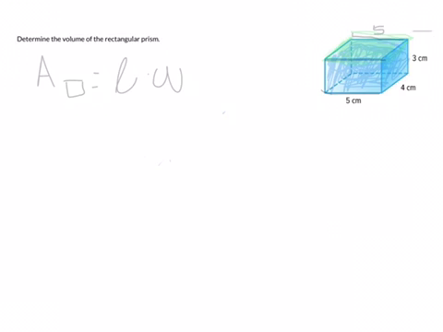And then for the width, it should be 4, because this side right here is 4. So this one has to be 4. Now all I do is plug that in to get the area. 4 times 5 is equal to 20